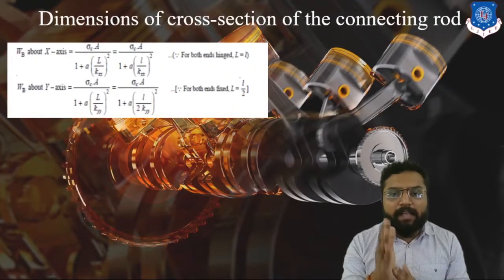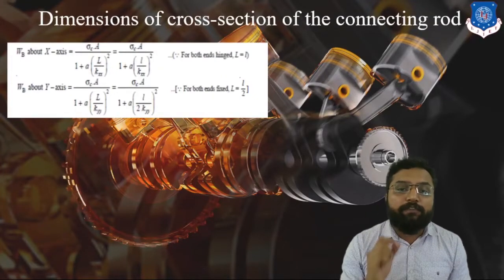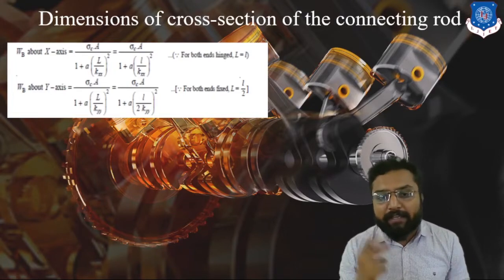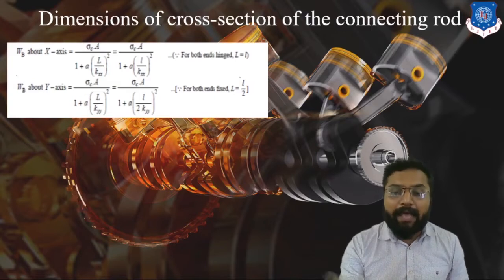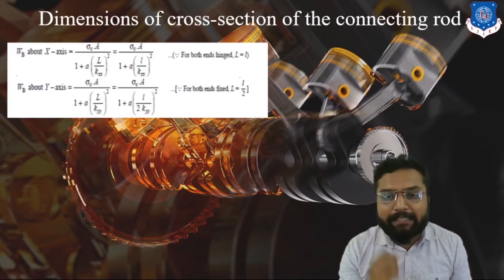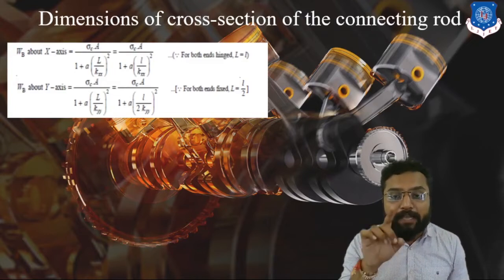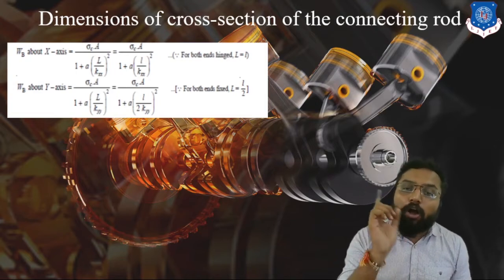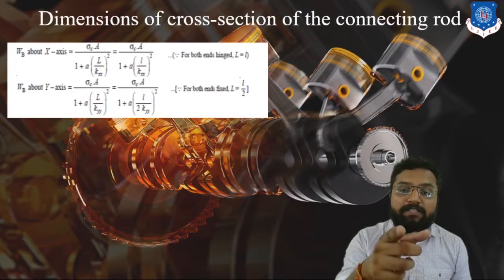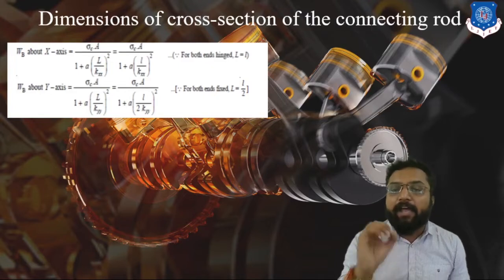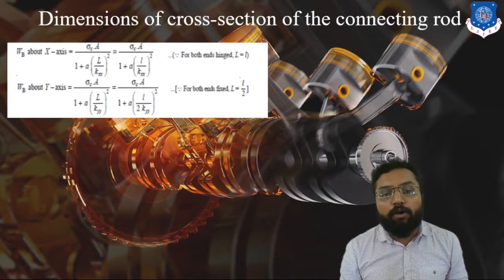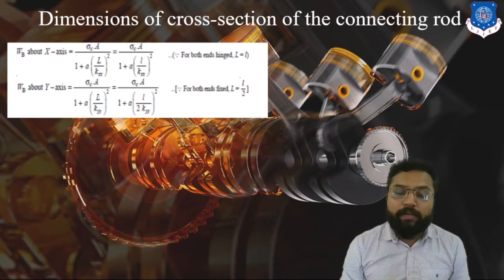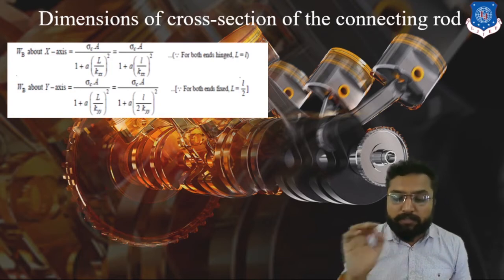Okay? After that, let's get into the design of the dimensions of this connecting rod. First of all, as I have told you, we have to find the buckling load at the x-axis and the buckling load at the y-axis. In the last slide, we have seen that at the x-axis it will come as Ixx, and at the y-axis it will be Iyy. So according to this Ixx and Iyy, we have considered kxx, which is the radius of gyration, and kyy, and whichever is higher, we are going to design for that only. Clear? Because the higher the load, the more it will try to buckle on that cross section area.